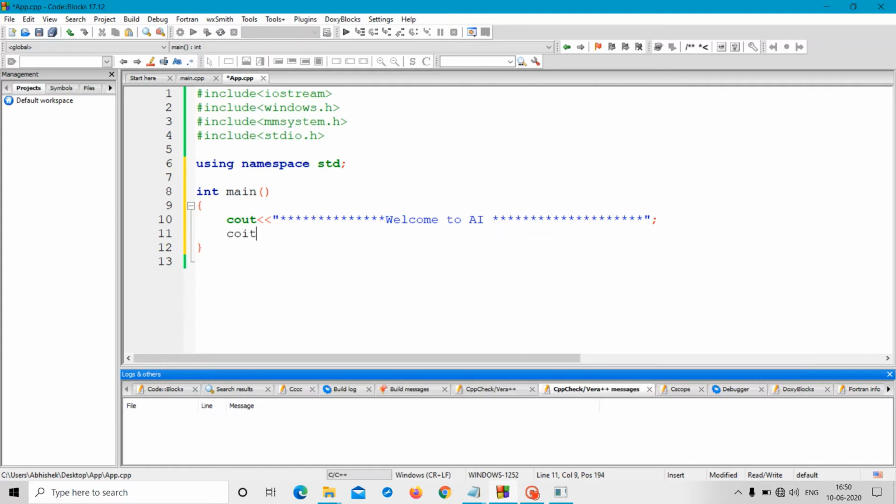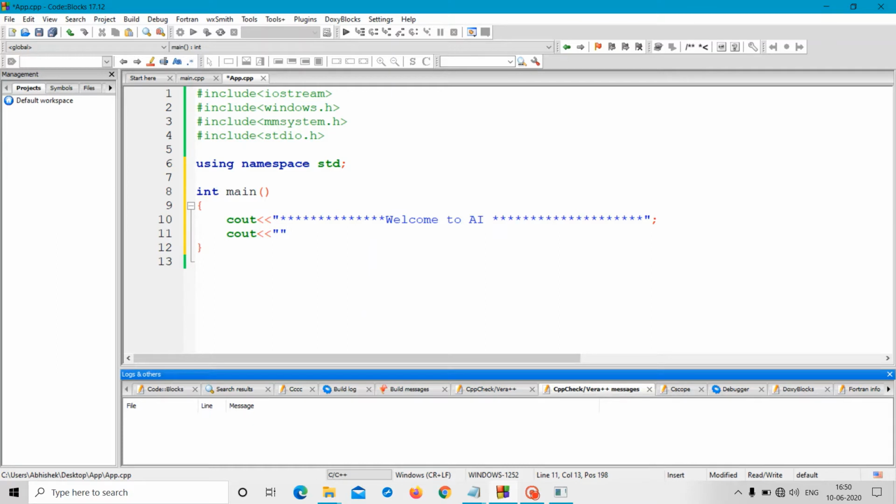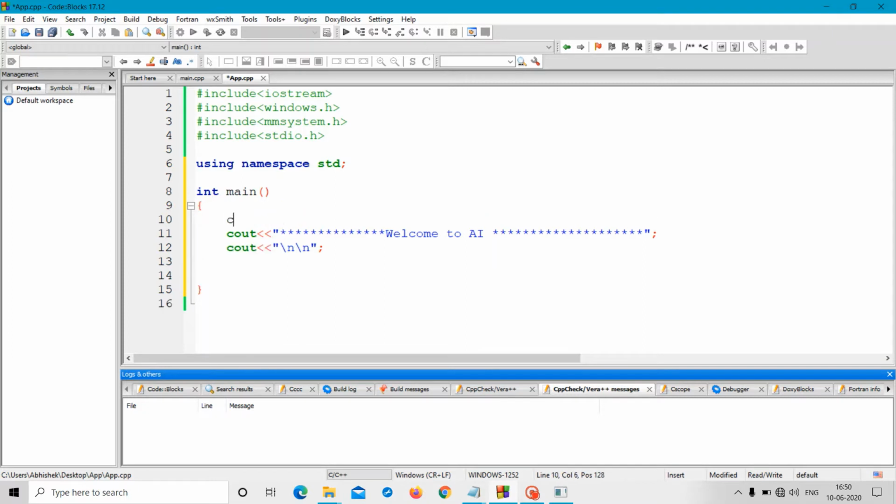I will again write cout \n\n, so we will feel comfortable. Then I will declare one character array ch to take input from the user. I will store it in the character array using the function gets to take input from the user.